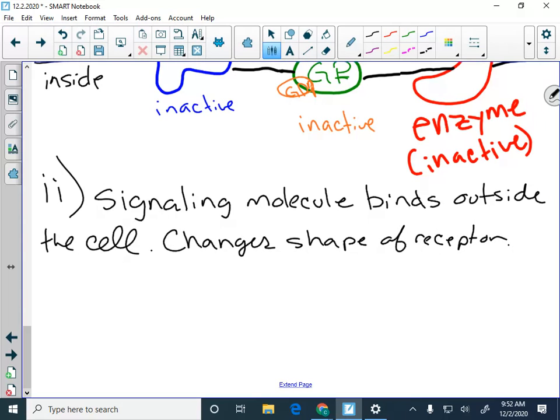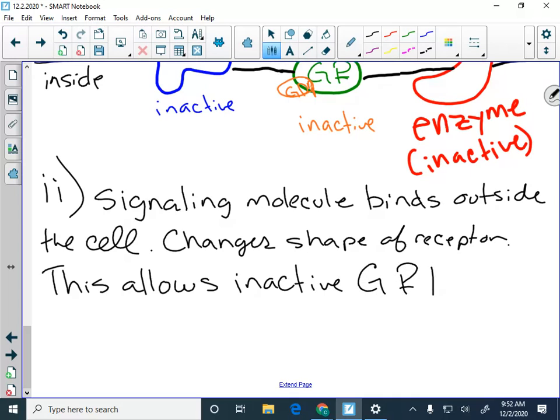So, signaling molecule binds, changes shape of the receptor. This change allows an inactive G protein to bind. When the G protein binds to the receptor,